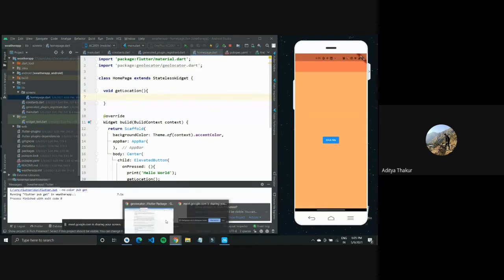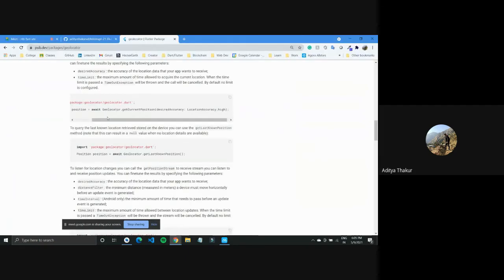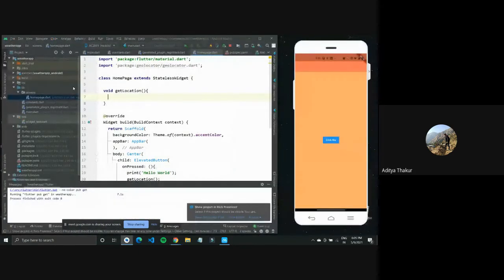Again, you can refer to the documentation. You do not have to memorize it all. They'll have all the commands mentioned there, like how you can get the position. So you can just simply copy this from here. You can even type it down. It's simple code. You have to type in position and give it a position there, or you can reuse it from the documentation.